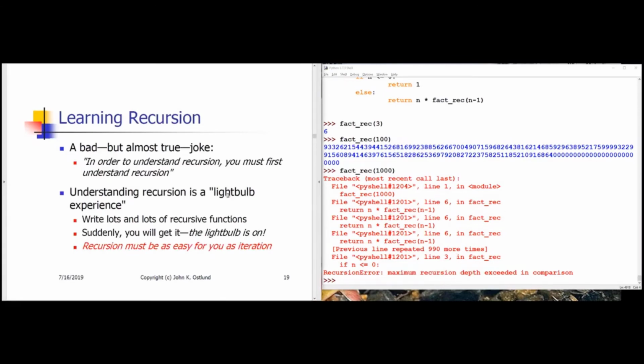Recursion can be difficult to get a handle on at first. In fact, there's a joke of sorts, not necessarily a good joke, that in order to understand recursion, you must first understand recursion. Now, basically, recursion is what I call a light bulb experience. You either get it or you don't get it. There's no sort of halfway. You simply need to make yourself write recursive functions to solve problems enough times until suddenly it will all make sense to you. This will become more clear when we do start taking a look at linked data structures where